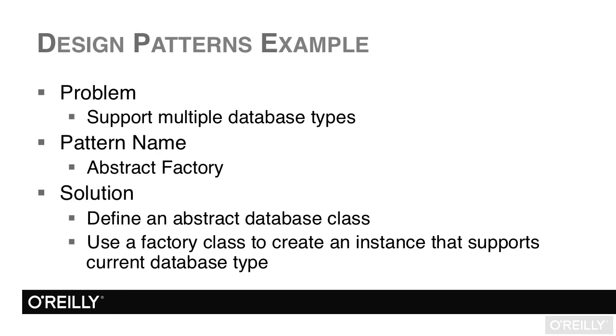So today, we'll create an instance of a MySQL database. But in the future, we'll be able to create an instance of an Oracle database, and both of those classes will descend from this abstract database class. And the entire rest of the application won't change a bit, because they won't know anything about MySQL or Oracle. They'll only know about our abstract database class. So that's the kind of pattern that we're talking about. We've presented a problem, and then we come up with a pattern that has already been proven out that solves